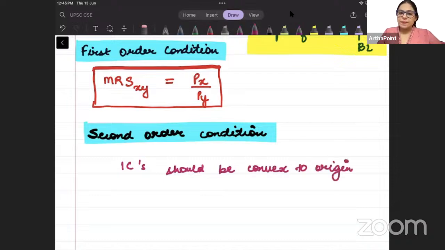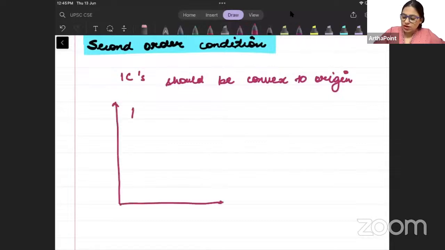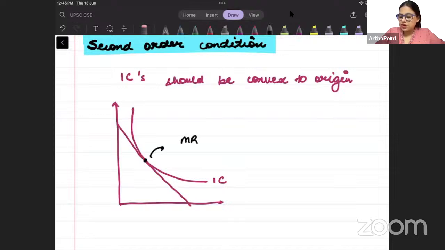So when I say that my indifference curve should be convex, what do I mean? It means that I should have ICs which look like this. ऐसे IC होंगे सिर्फ तब कंज्यूमर का मैक्सिमा इस पॉइंट पर होगा where MRS will be equal to Px by Py. If my indifference curves don't look like this,